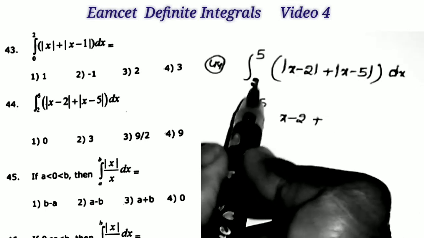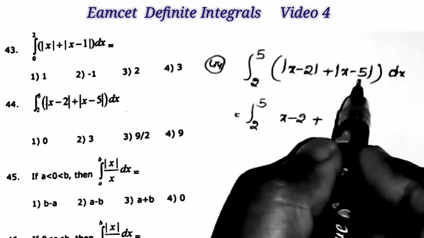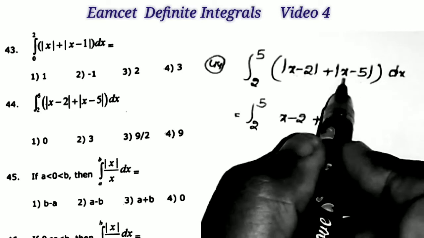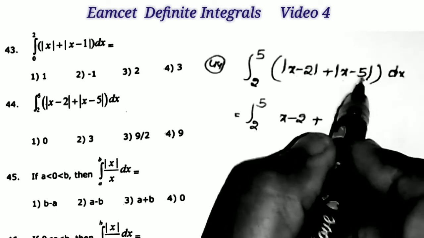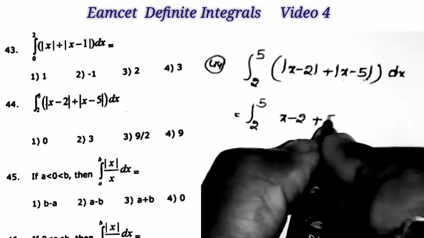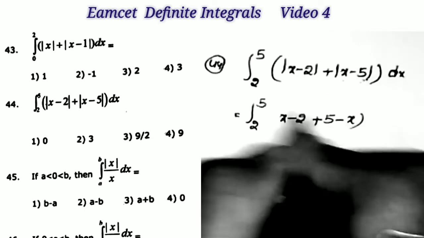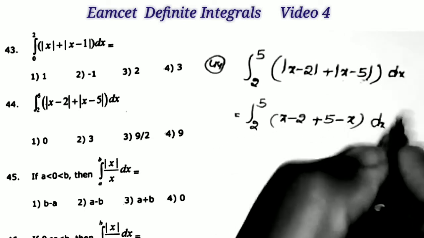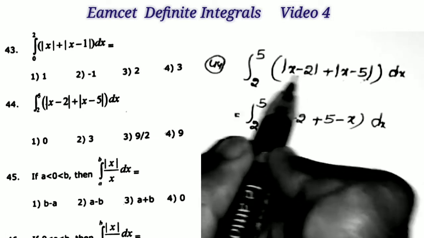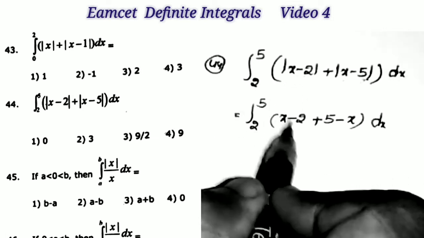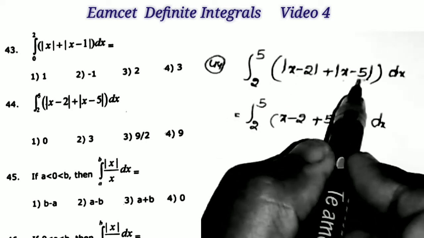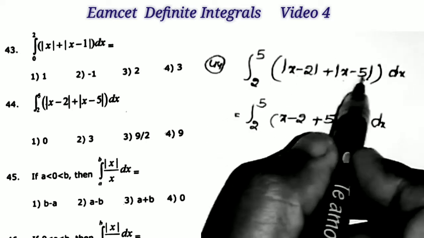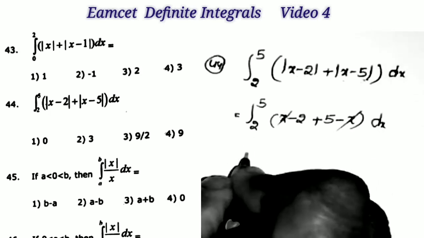Okay. And when I take any value lying between these two and replace that value here, what does it return? 3 minus 5 is equal to minus 2. It returns a negative value. That is, we take the reverse value, 5 minus x. So when we take a value lying between these two in the first expression, it returns the positive value. When we take any number in between and replace that value in the second expression, it returns a negative value, that is 5 minus x. Now here these two terms get cancelled.